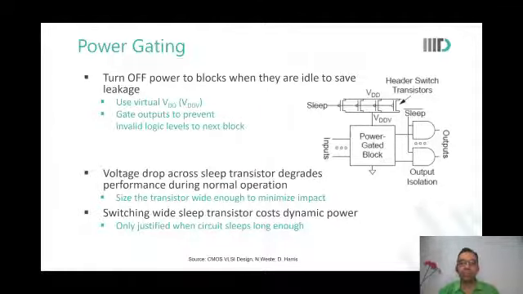And when you take sleep to 1, what happens? The VDD supply is cut off. What it does necessarily require is that at the output, you again put a gating with sleep bar, so that outputs do not lead to very high currents in the subsequent stages. Because as you cut off the VDD, the outputs of this block will start to vary between 0 and VDD. They will no longer be at 0 or VDD. They will be anywhere, which can lead to high short circuit currents in the subsequent stages. To prevent that, you put these AND gates out, you isolate the outputs.